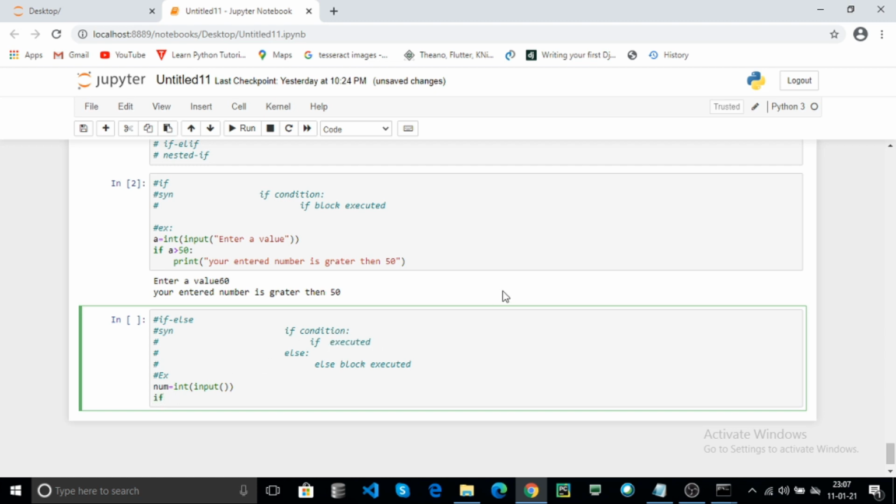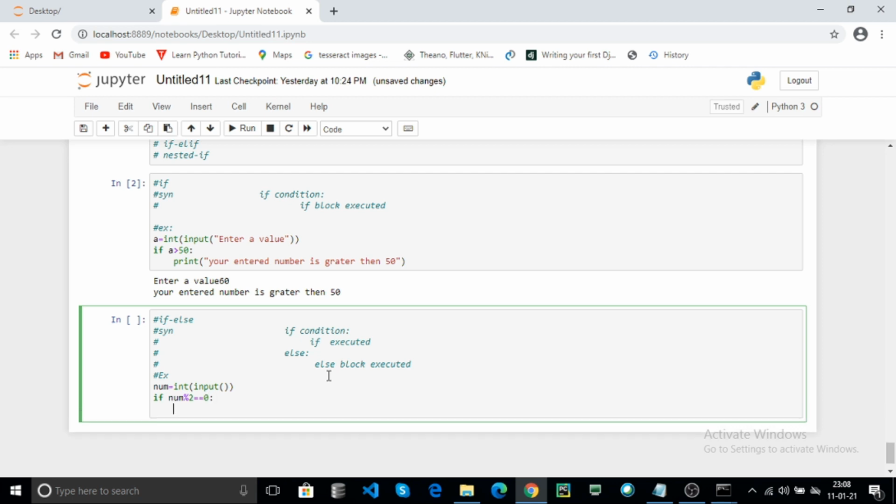If number mod 2: when using the mod operation, it returns the remainder. If the remainder is equal to 0, the if block is executed.